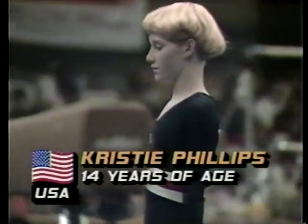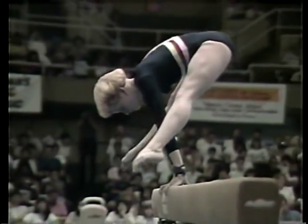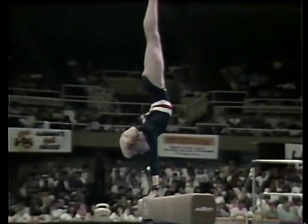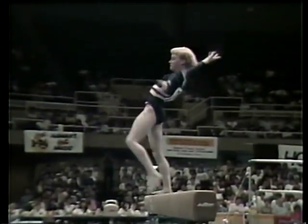Our final balance beam competitor is Christy Phillips. The score to beat, 9.75. It's held by Chen Sui-Ting and Phoebe Mills. Christy has a very unusual balance beam routine. She's particularly flexible in her lower back. Watch this mount. Does a walkover, loses